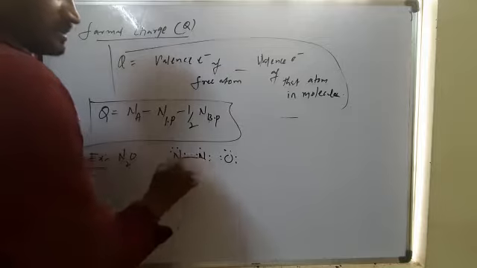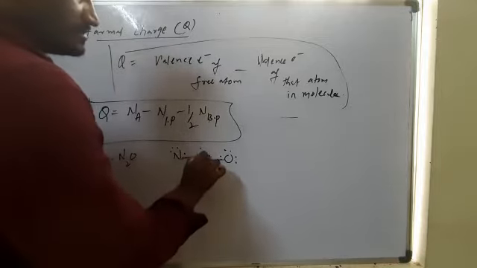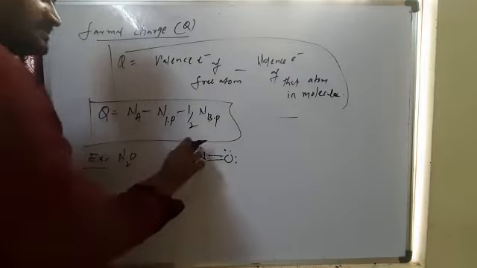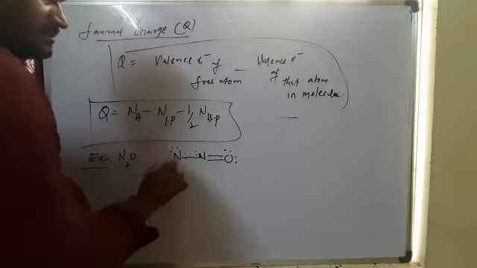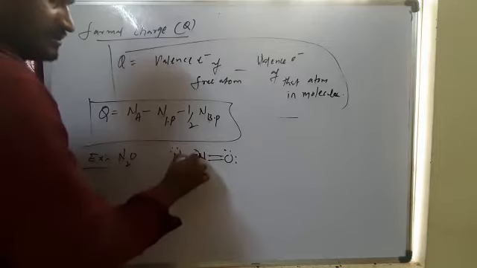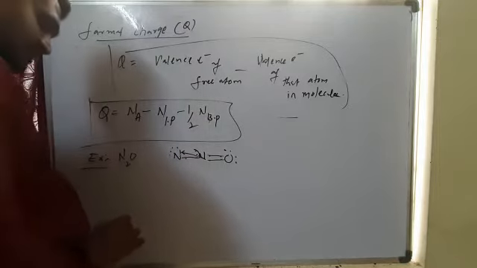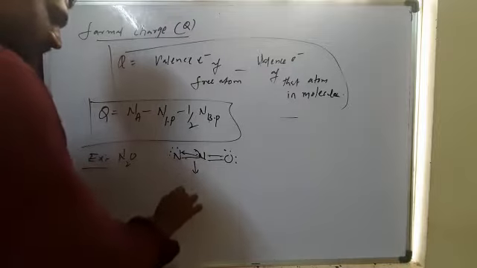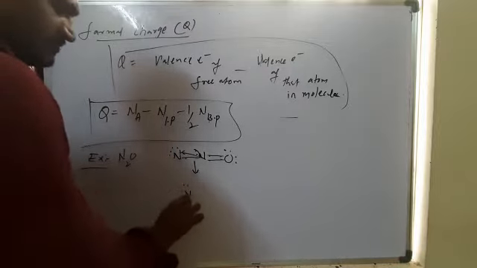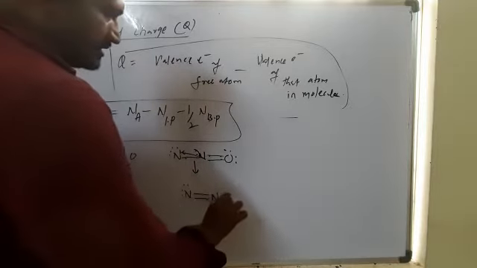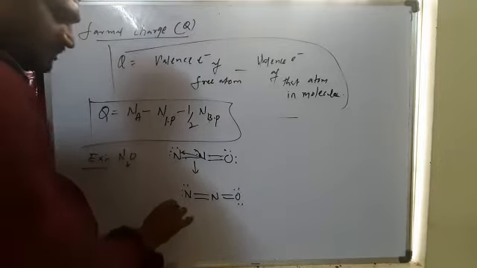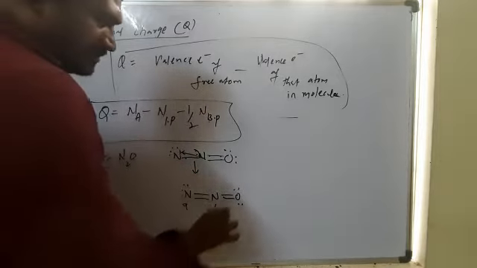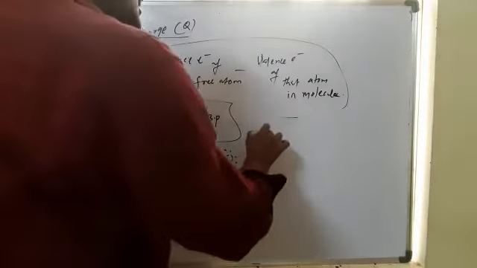So first these 2 electrons form a bond, these 2 electrons form a bond, and these 2 electrons form a bond. And next this nitrogen, these 2 electrons are donated to this atom. So I am writing these 2 electrons on this side, donating, a dative bond. So I am again writing this N, here 2 electrons, 4 electrons, here double bond, N, here double bond oxygen, 2 electrons. So this is nitrogen A atom, this is nitrogen B atom and oxygen atom.